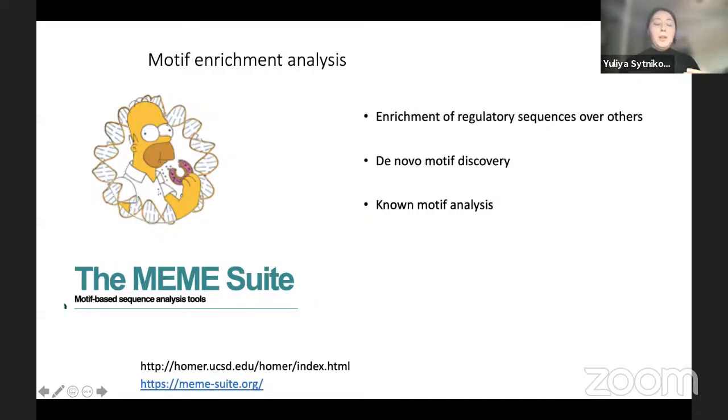So usually people compare enrichment of motifs within regulatory regions or discovered differentially open regions to all the rest of the regions across the genome. And one could do de novo motif discovery, like figure out which k-mers or which motifs are